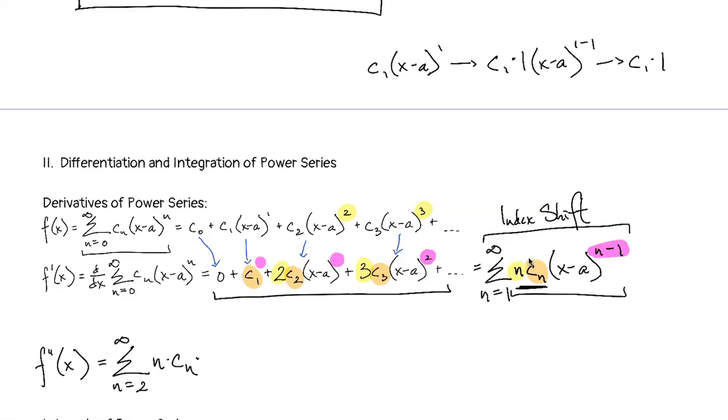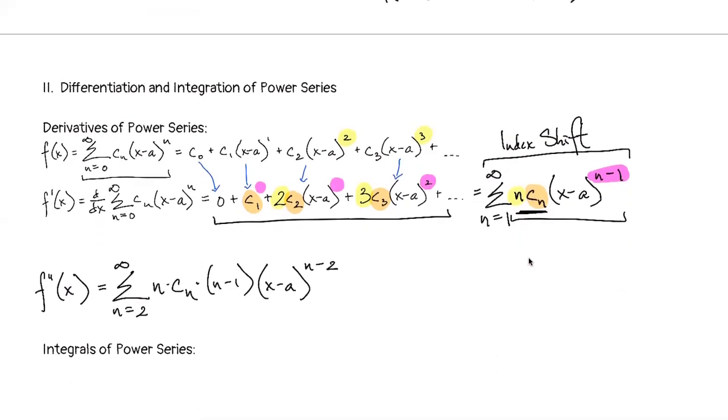Our power, which is n minus 1, comes down as the coefficient. That's the definition of the power rule. Okay. Now my x minus a part stays, but what is my new exponent after I've used the power rule? And minus 2. Yeah, n minus 2, because I lose another power, okay? So this is